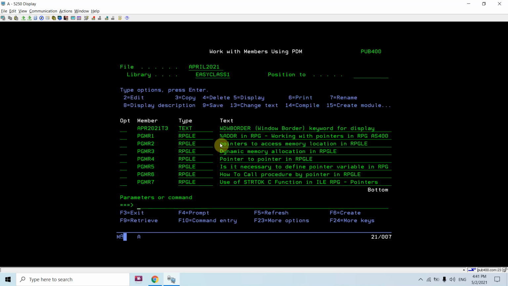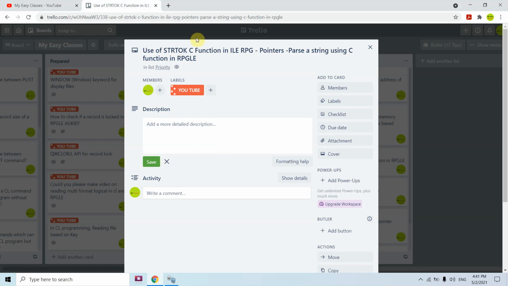So you can see that we have extracted the tokens from the string using this function.